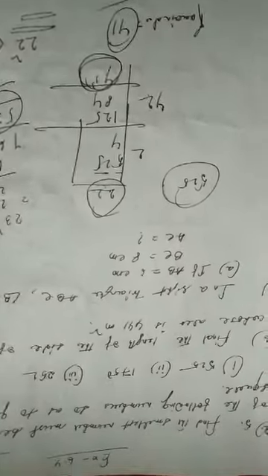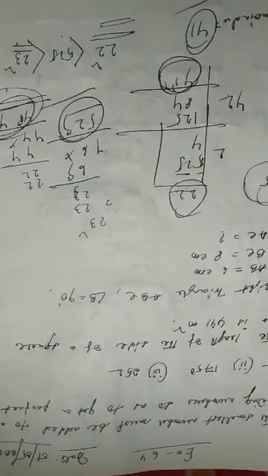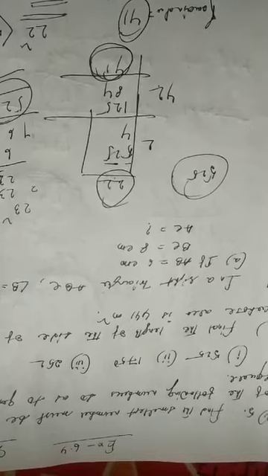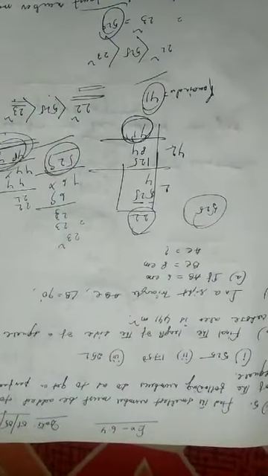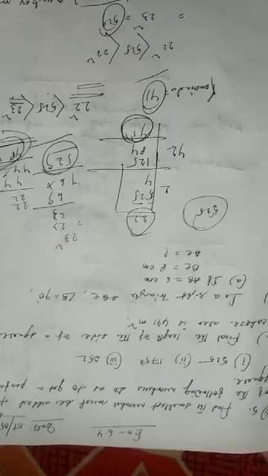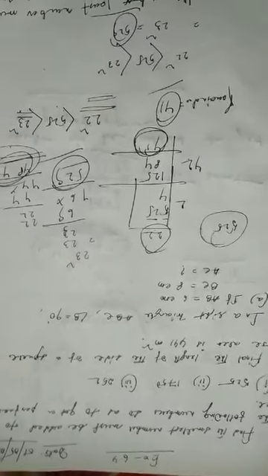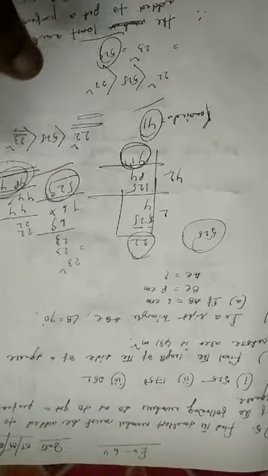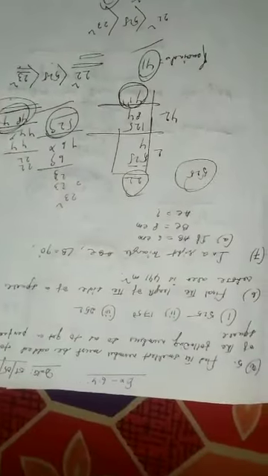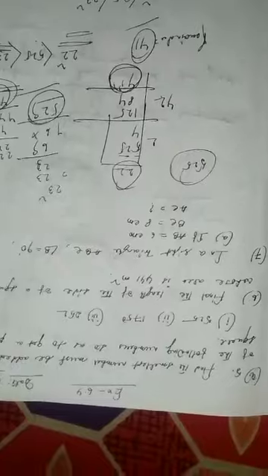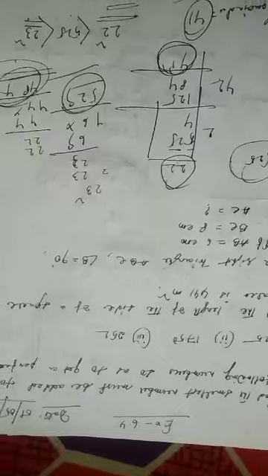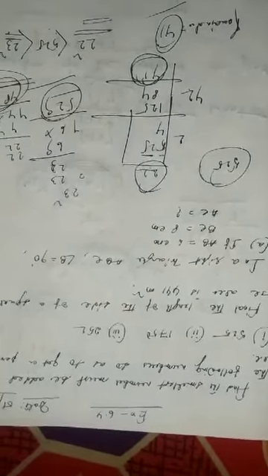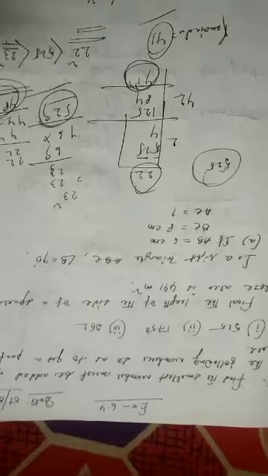Question number 6: find the length of the side of a square whose area is 441. Children, as there are some limitations in making videos, because YouTube doesn't allow uploading a long video due to certain technical problems, I'm just trying to make you understand questions number 6 and 7. Find the length of the side of a square whose area is 441 meters square.